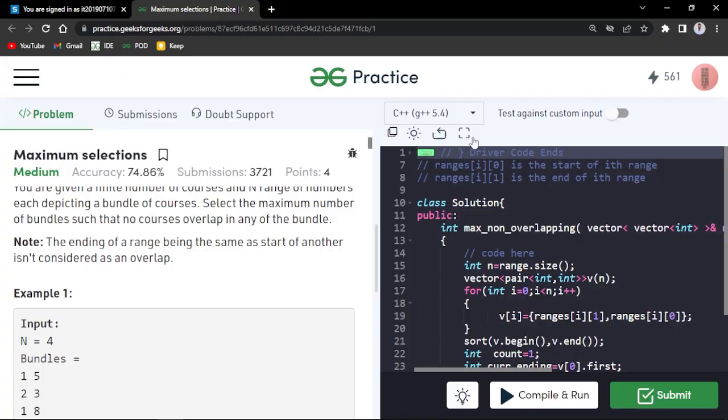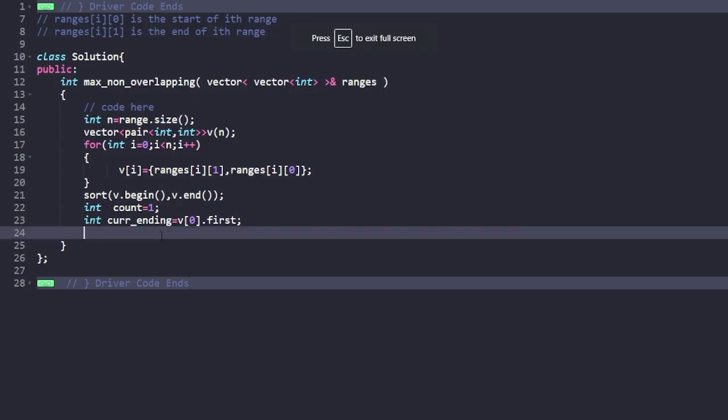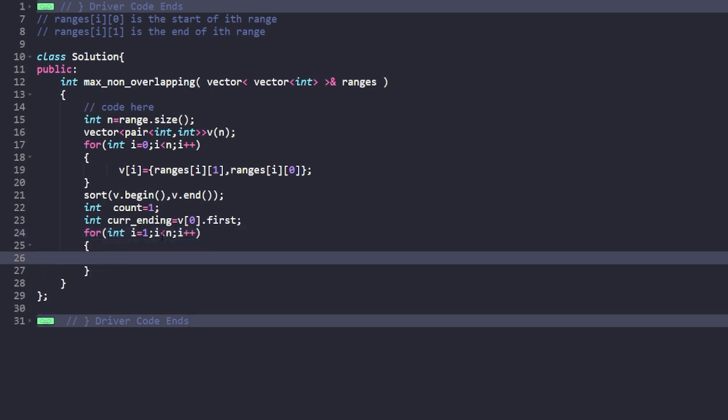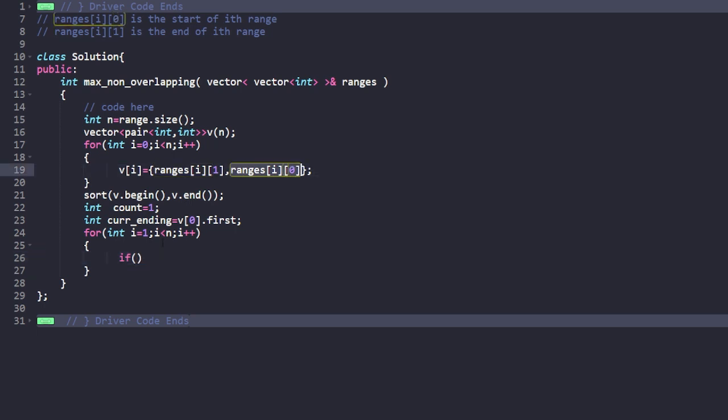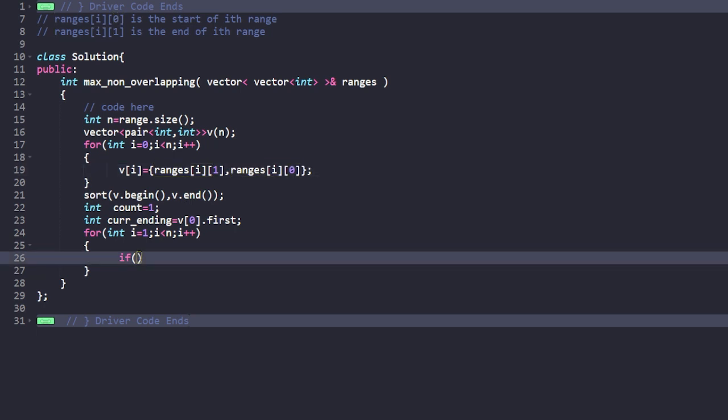So let's quickly write this particular segment of the code as well. I'll start from int i equal to 1, and i is going to be lesser than n, and I'll simply do i plus plus. So I'll keep moving, and what I'll check is the start of the ith bundle. As I told you, I have stored the start in the second parameter. So if v of i dot second, which is the starting of the ith bundle, is greater than or equal to my current ending,